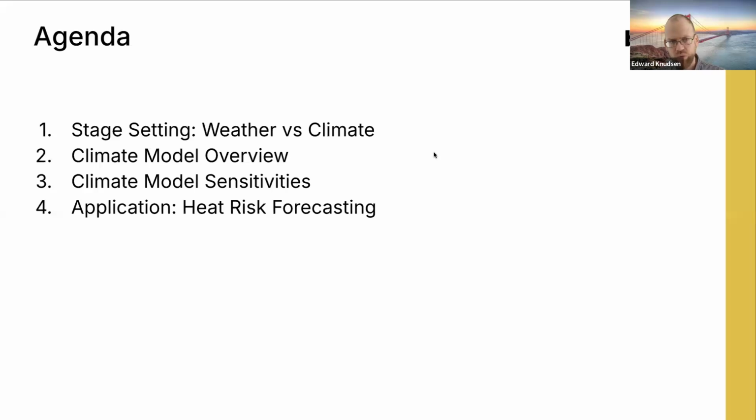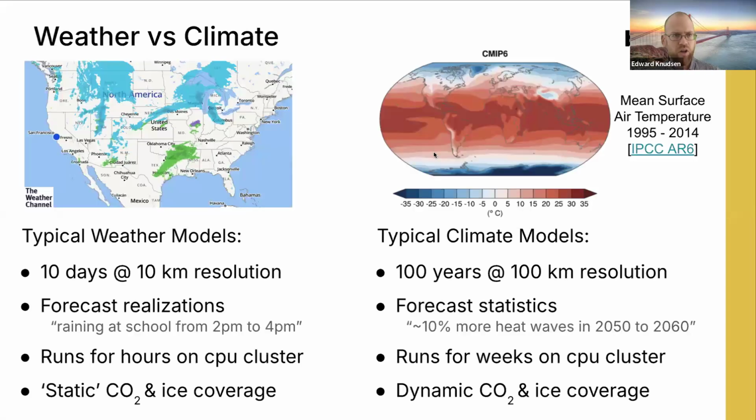And then I want to go on to talk about what's going into these climate models, what's the community that's developing them, what are the key inputs, what are the key sensitivities to think about when you're evaluating, does this make sense as a modeling result, does it not make sense? And then finally, I want to talk a little bit about the heat risk forecasting application that Adriel just mentioned. What data gets us to those numbers, and what choices do we have to make when creating that workflow? So I'll start with the weather versus climate comparison.